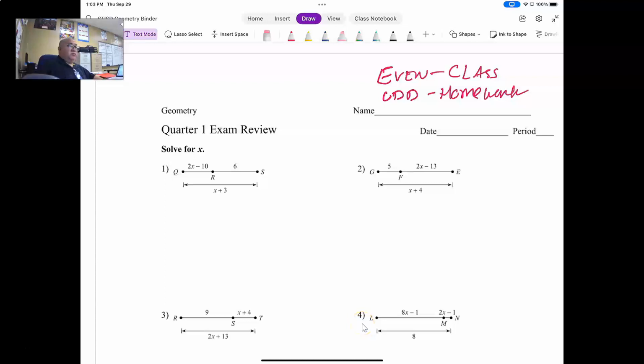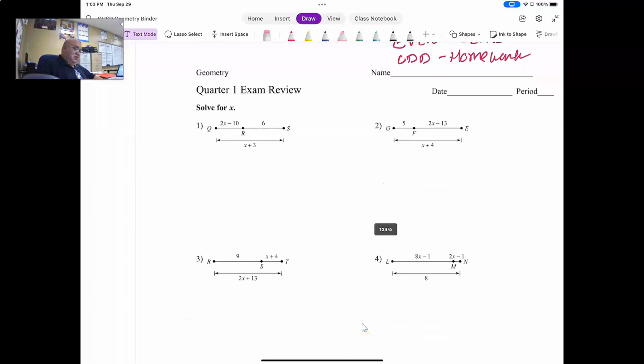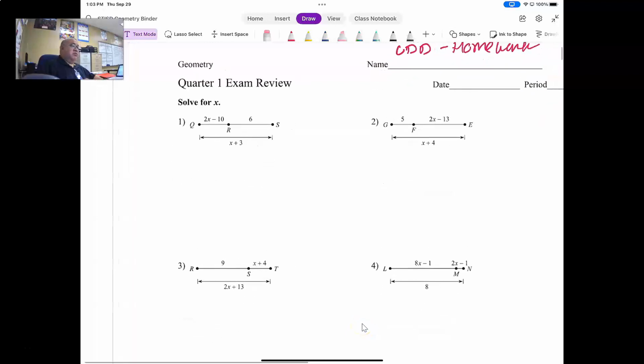I'm going to do the even in class, and I'll do the odd. You're going to have to do the odd for homework. So what I'm going to do is go ahead and give you examples of how to solve these problems. Starting with number 1, we know that QR